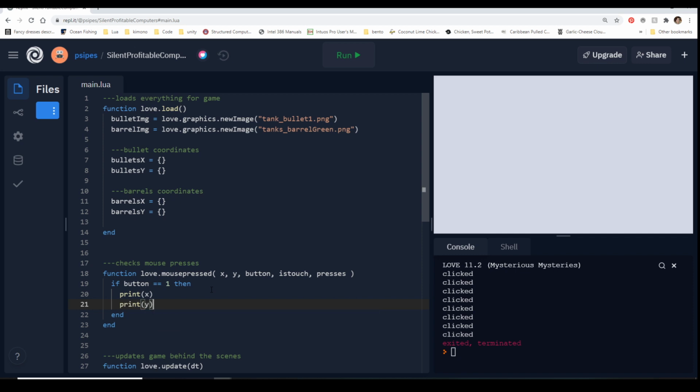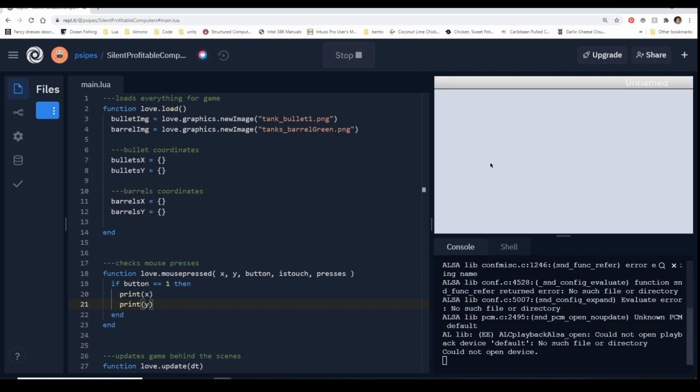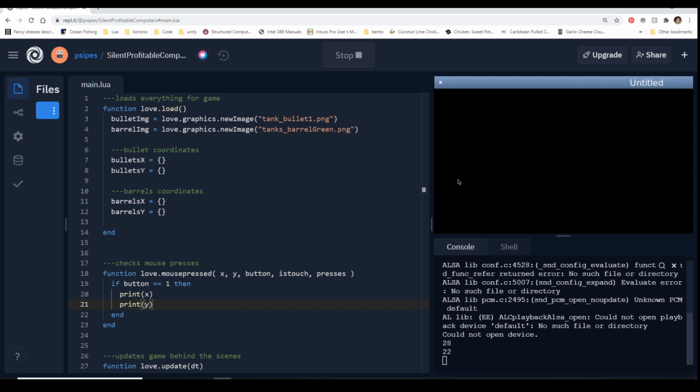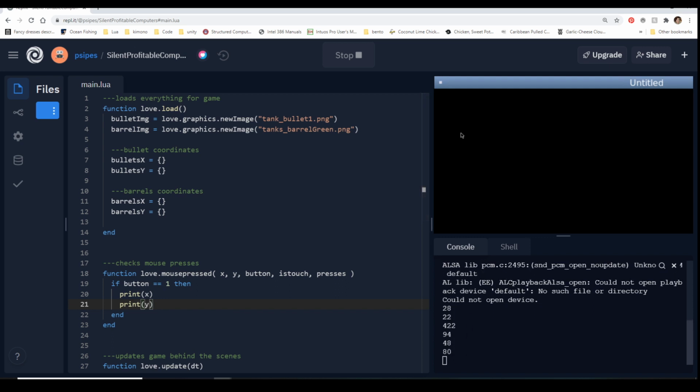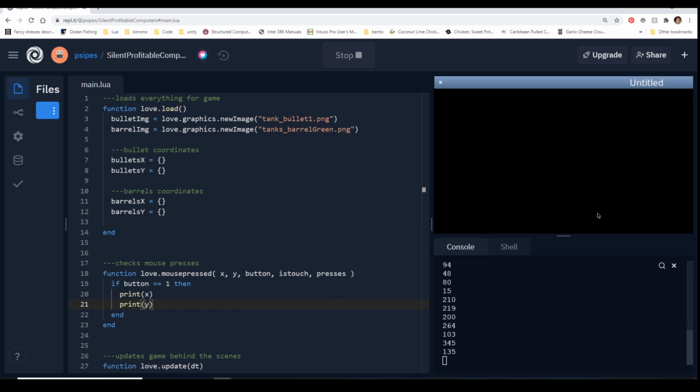You could concatenate these and put them on the same line if you wanted to, but for simplicity's sake, we're just going to do it this way. So, are we running? Okay, there we go. So you can see 2822, 422.94. So we're getting our values like we want to.